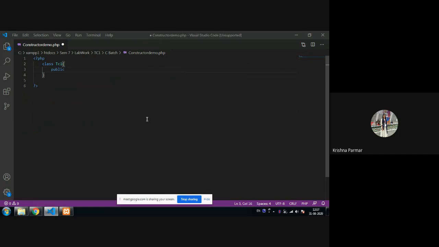So the property is public text_size, because I want to give the size also. Another property is public text_color. And another is the actual value of my text, that is text_value.